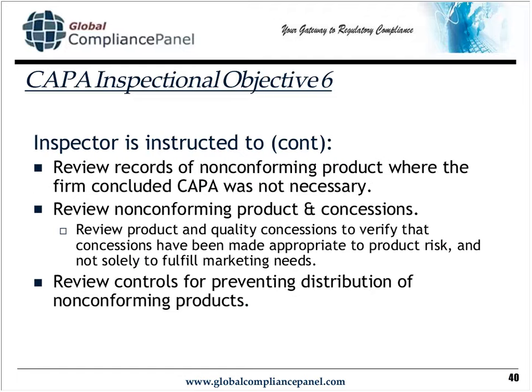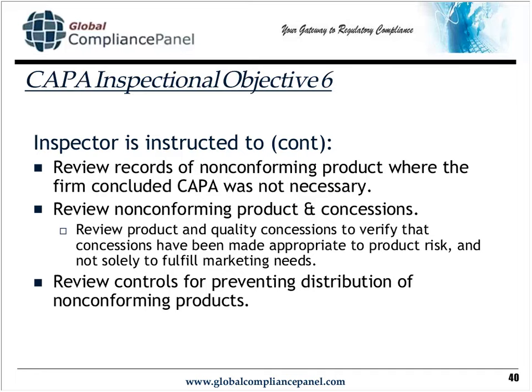Any records where you determined CAPA was not necessary, they're going to want to look at those reviews. And then they're going to also look at your nonconforming product and use-as-is determinations. They're going to look at your records of nonconforming product until they find what many firms call a process deviation. And they're going to make sure that the process deviation contains some sort of determination of risk, meaning, as a process deviation, maybe a replacement of a component for a lot or two, is that going to impact